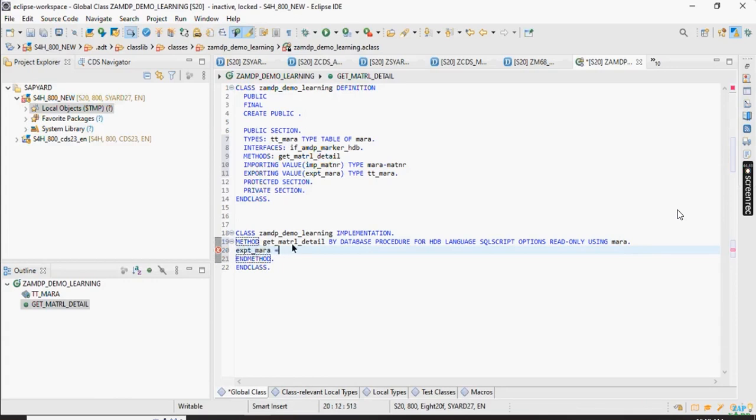Exporting underscore Mara equals to, now here your native SQL script starts. So select asterisk from Mara. The INTO clause you don't need to write here. Where Matner equals to, so I need to specify the importing parameter here, and this importing parameter I am using here as a local object, so I need to specify a colon here, imp underscore Matner, and